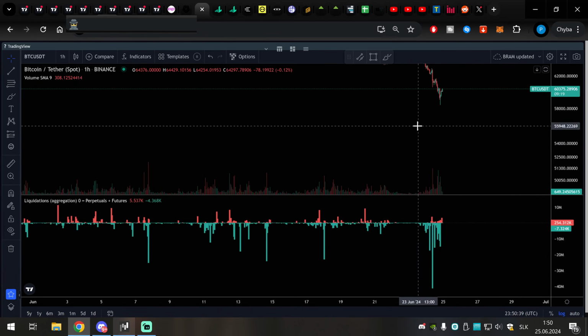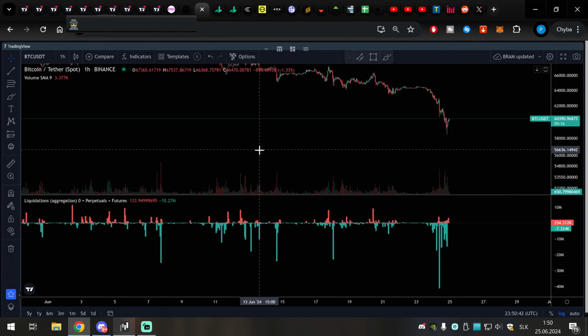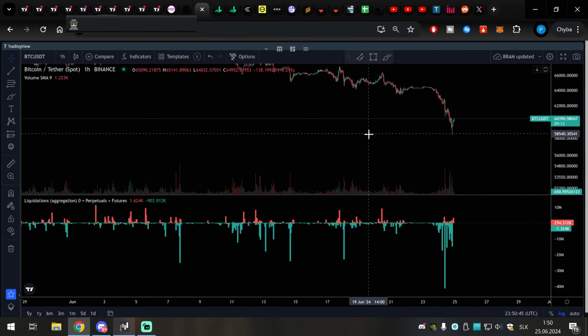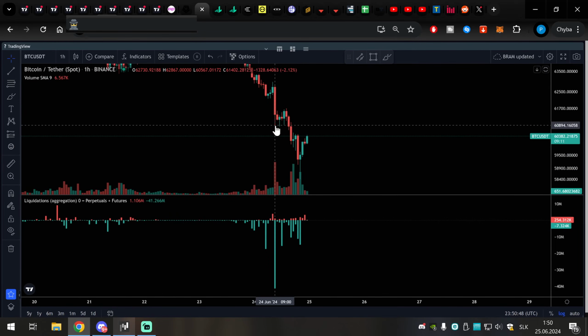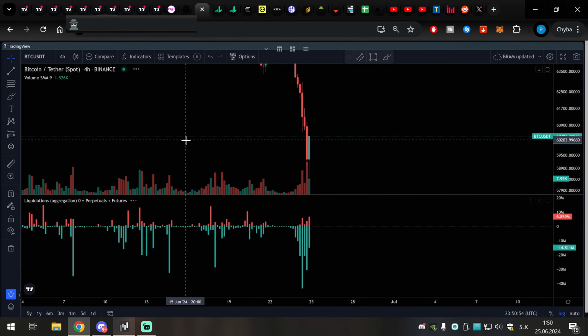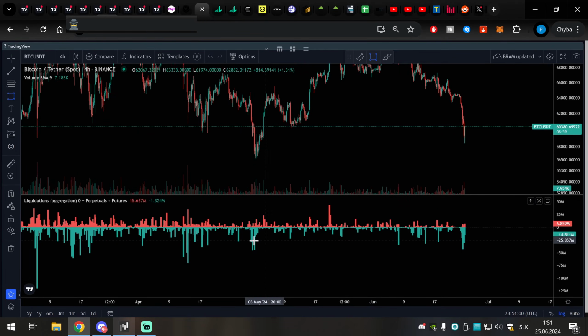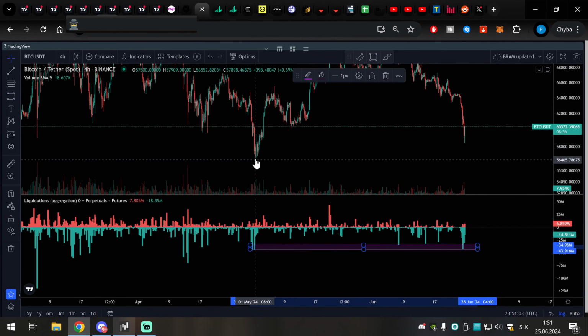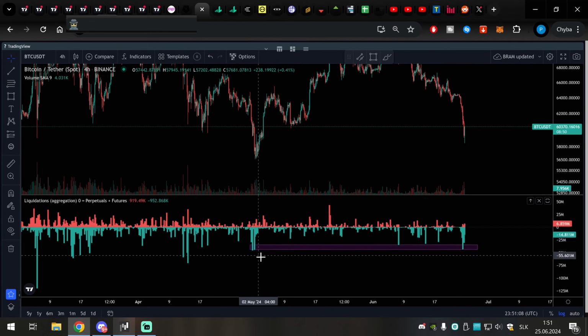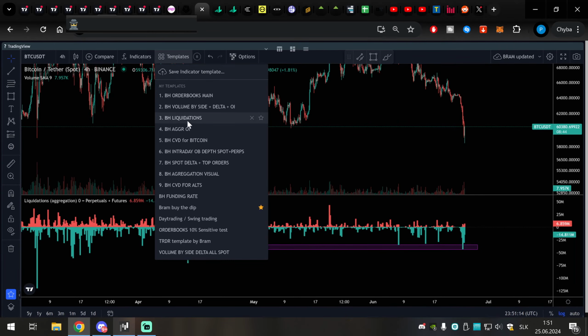Liquidations, so liquidations already damaged people earlier. 40 million, that was crazy. That's why we had such a good scalp here. Nice scalp bounce. We had a lot of liquidations on the way to the downside, so we can actually go to the 4-hour time frame and see there's a node. Overall the market did heavy damage. We reached some nice threshold, similar to when we were at 56,500. Very, very nice. Liquidations also signify the move down was very exhaustive and destroyed so many people. So it's the best opportunity to go long, which we are indeed.